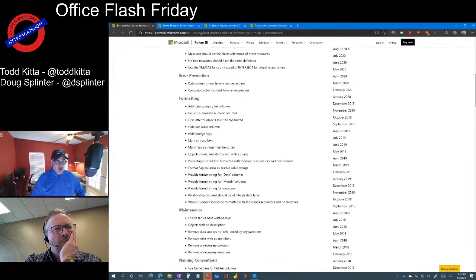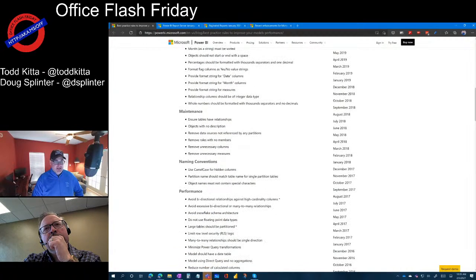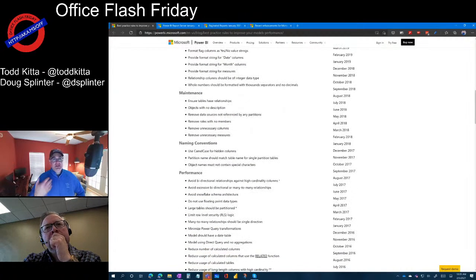It's just a great checklist for before you go live, or as you're developing your model and putting the finishing touches on it. These are really great things, and some of them are user experience types of things, and some of them are security types of things, and some of them are performance and just internal consistency types of rules that will cut down on runtime errors and those kinds of things.